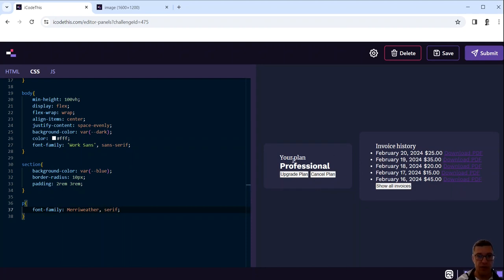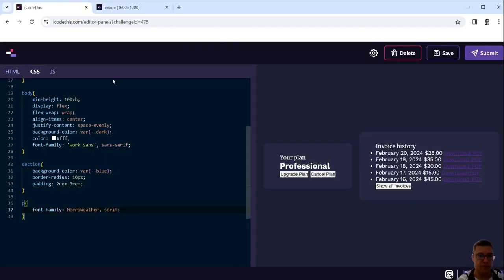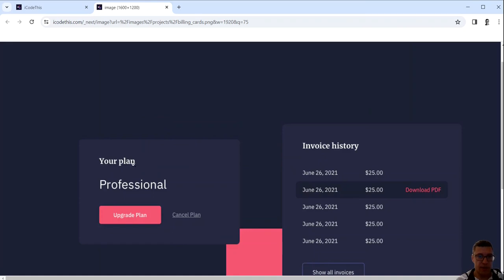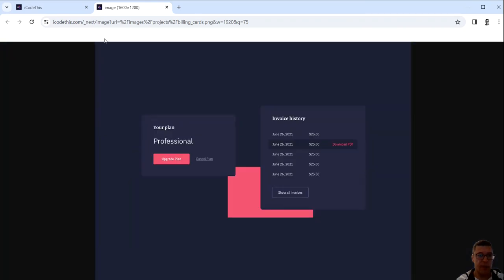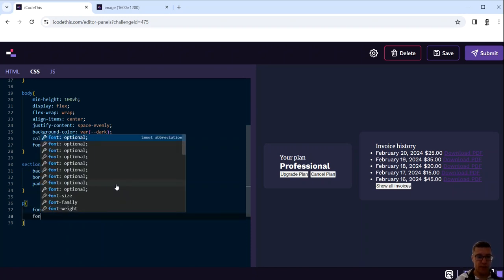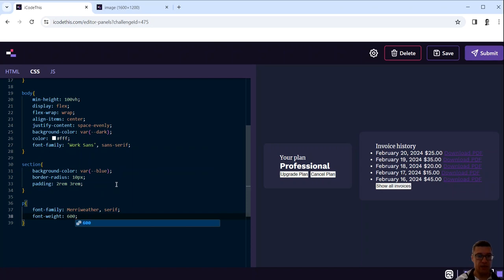I'm not sure these are the exact fonts used here, but I think I'm close enough. So I'm happy with that. Let's check the image. I think we should increase a little bit font weight. So I'll say font weight, let's say 600, which is almost bold. Okay,